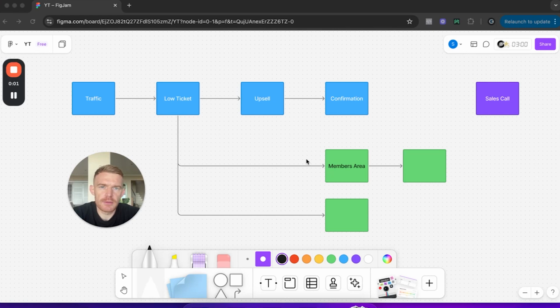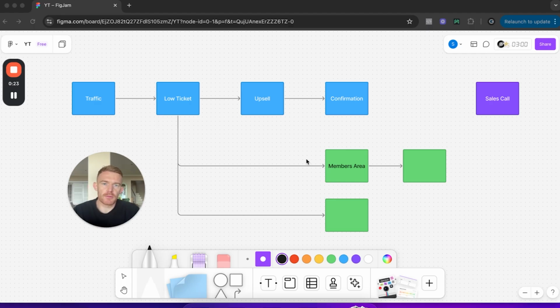All right, so today we're going to be talking about how to turn low ticket buyers into high ticket clients. Because let's be honest, the main reason most of us are running these low ticket info funnels is to get more qualified people on the front end to then go and buy our higher ticket packages, which is usually like a high ticket coaching program or some form of done for you service.